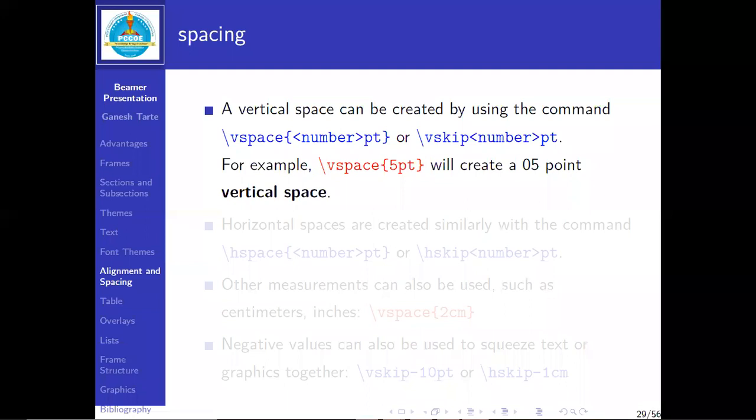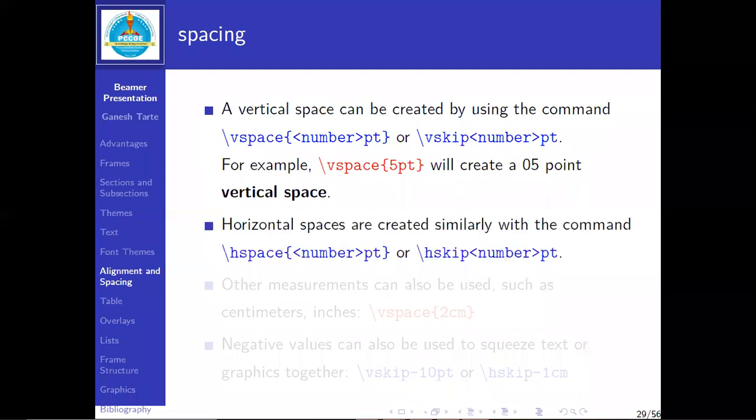Not only vertical, we can add horizontal spaces too. Using the same command, instead of V we use H. So hspace in curly brackets, whatever number you want, add here in points, or hskip, where there is no curly bracket, again just the number and points. If you omit the bracket or number and just add the command slash vskip or slash vspace or slash hspace, it takes a default space in between the words or in between the lines.